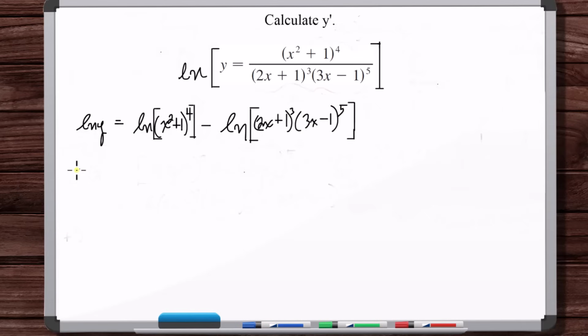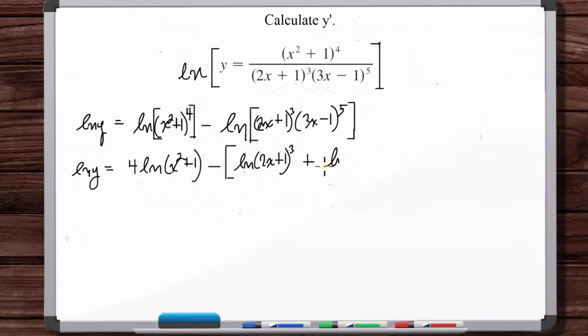Okay, now let's continue to simplify this. So let's bring this 4 exponent to the front of the logarithm. What is the natural log of A times B? It's the natural log of A plus the natural log of B. So we've got